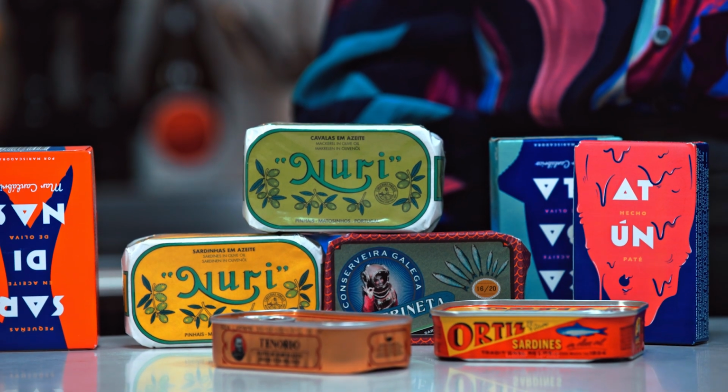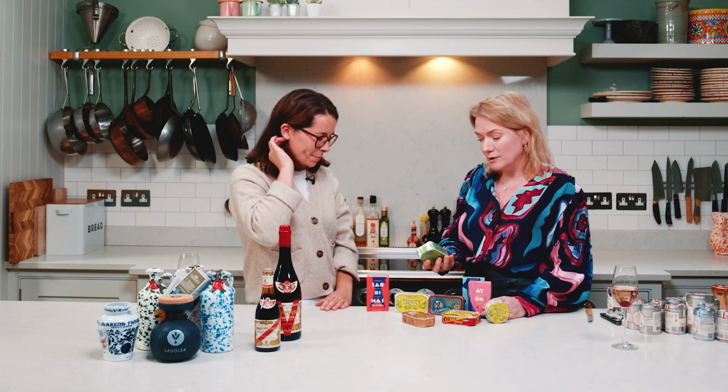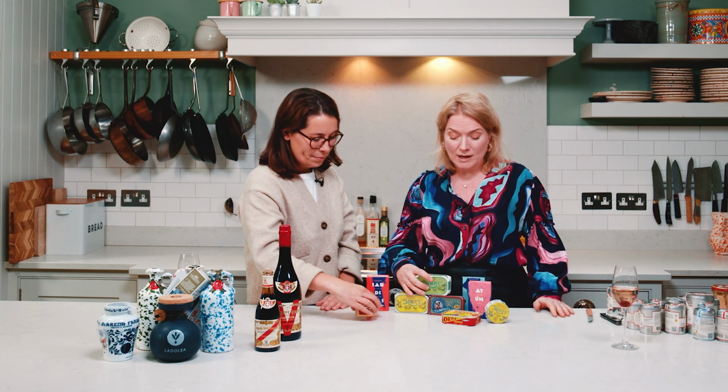You barely need to do anything. Fantastic for little small gifts, maybe like end of term presents for a teacher, or anything small and just thoughtful. The difference between a premium box of tinned fish and normal tinned fish is the time of year